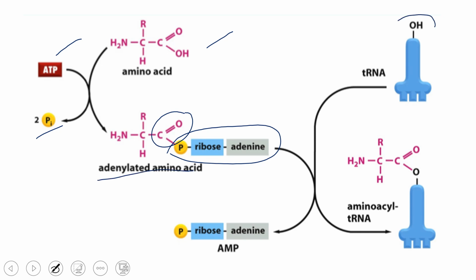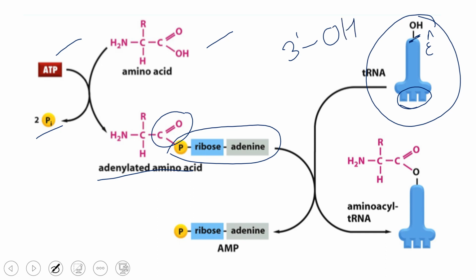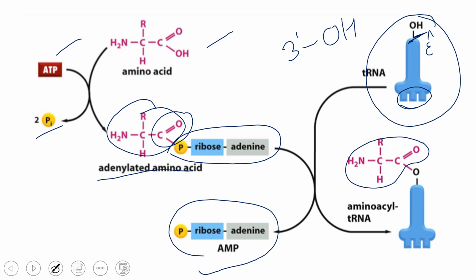In the second stage, this is the tRNA. This portion is the anticodon loop. This is CCA. अब ये यहाँ OH क्यों दिखा रहा है? Because this is the 3' end, और 3' end पे OH होते ही हैं. So this is the 3' end OH of adenine. The amino acid from this place is going to be transferred to the OH group of adenine at the 3' CCA, and amino acyl AMP will be released. So this is loading of amino acid on tRNA, and for every amino acid this process will be repeated.